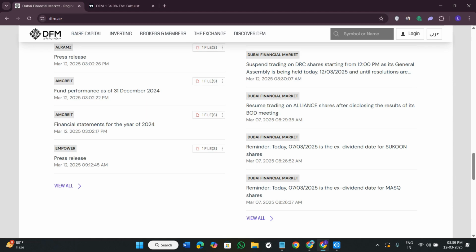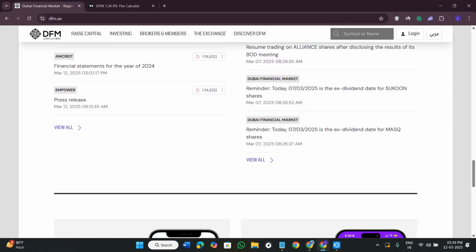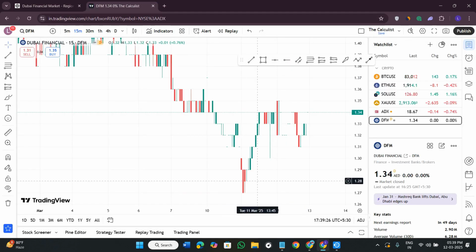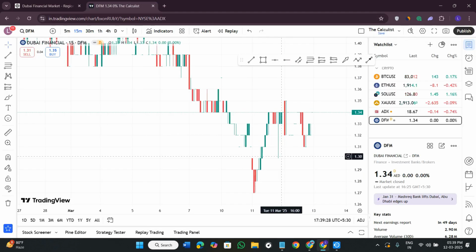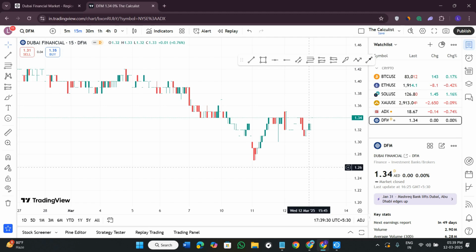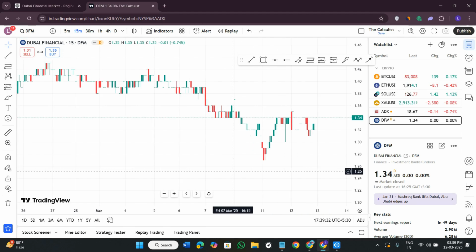The third step is to analyze the company's performance. If the company's stock price has been rising or falling consistently over time, a stable or growing stock is a good investment. Now, in the fourth step, you need to check the dividend history. You need to look at the company's dividend payout history. If a company has been increasing dividends every year, it is a strong investment option.